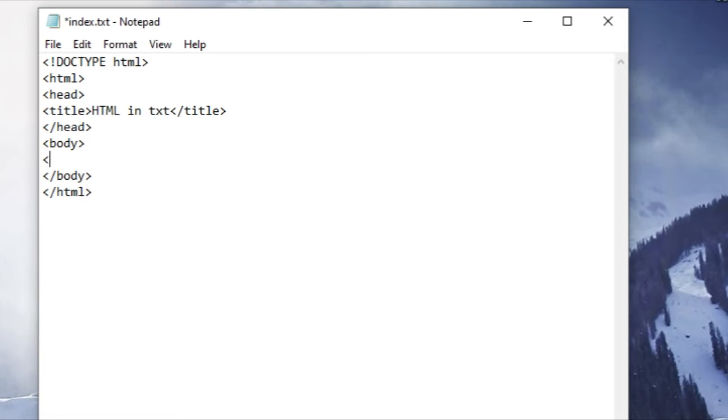So I'm going to create an h1. I'm going to say hello world, and then I'm going to create a button now. I'm going to call this button click me, and then below the body I'm going to create a script tag right here,